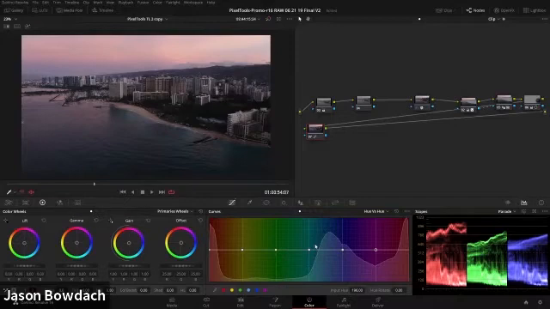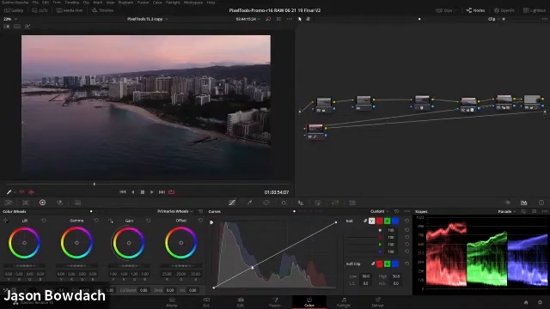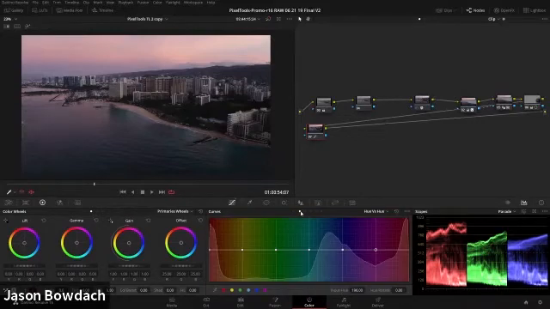And that's really, really important, especially if you have compressed material like a lot of people are shooting on, whether it's a Sony or a Canon, anything that's shooting an H.264 or H.265 material. The less keys and qualifiers you can do, the better. And that's where these hue versus curves are incredibly helpful. So what these hue versus curves do, they're different from your typical RGB curves, is they allow you to select a hue versus and then adjust it with another hue.